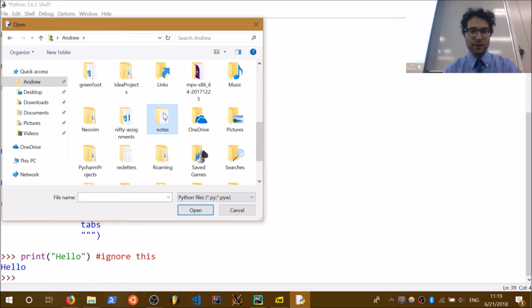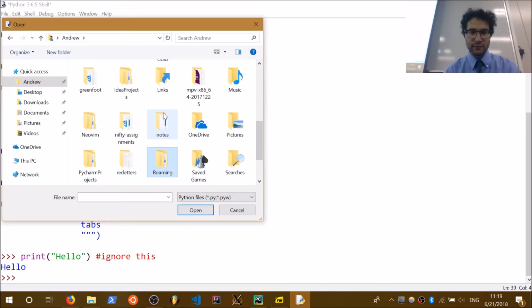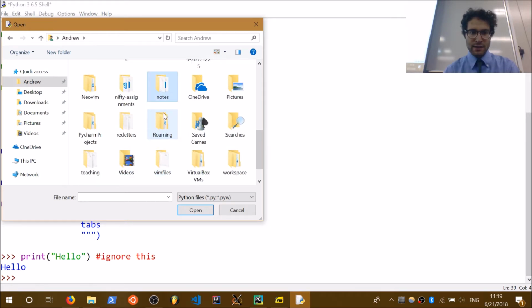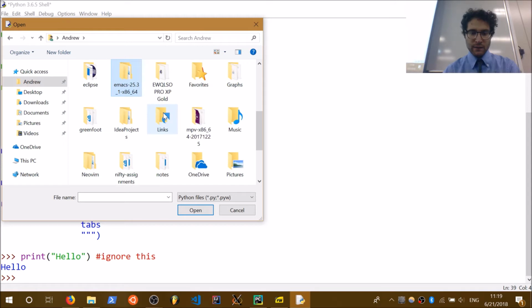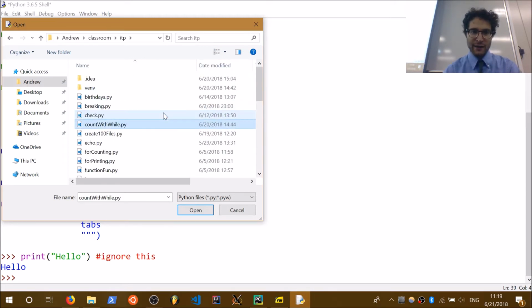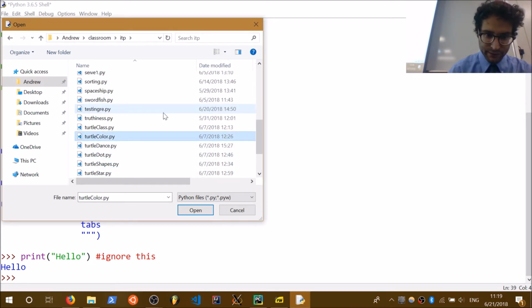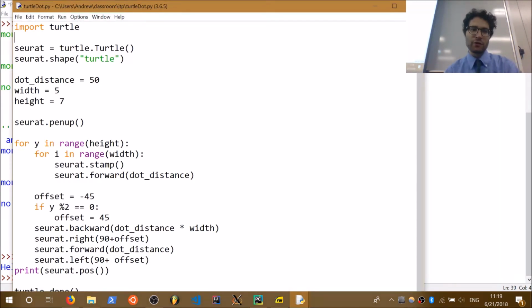So if I go into my classroom folder, here's a Python. If I go open up our turtle dot program, which we copied and pasted previously, and if I run it,